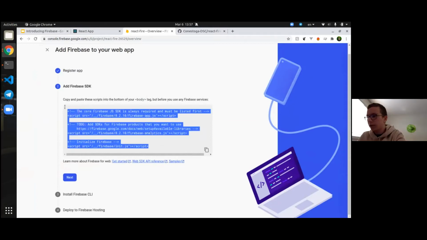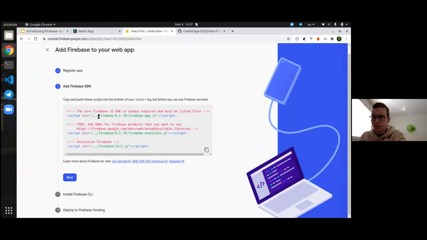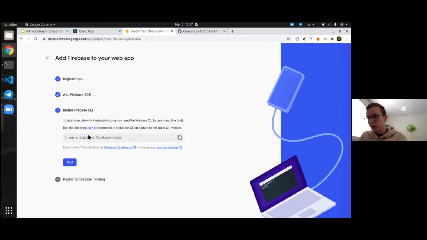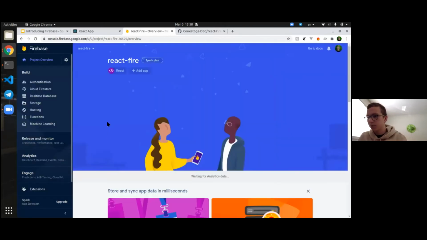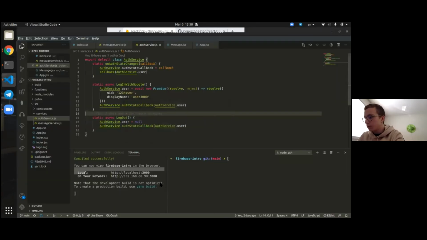So these are the CDNs that you want to include if you're building a static website. We're building a React application, so we will actually need to install Firebase, and I'm going to show how that's done. I already have the Firebase CLI, but what this does is it allows you to run some Firebase commands in the console. And finally, these are the steps for how you would deploy your website. I'm not going to follow that through just now, but you can see that this added a new web